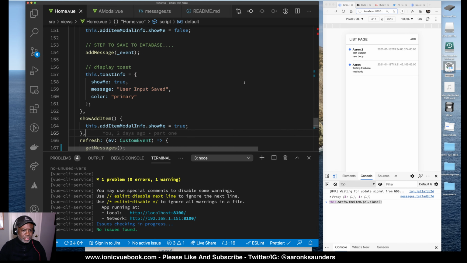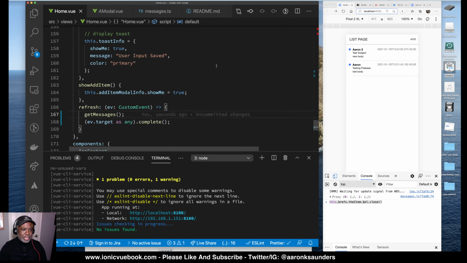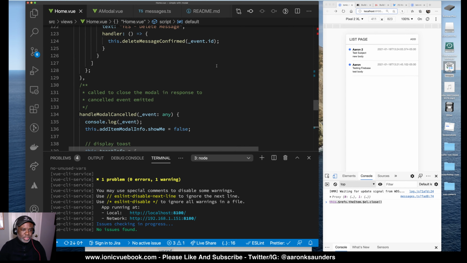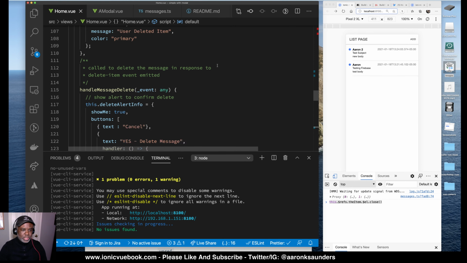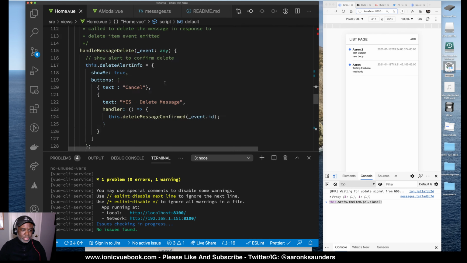Why is it not loading my data at startup? Oh well, let's refresh this. First off, you can see that the pull to refresh is working. It pulled the data. But what we want is for this to load the data at startup. So what we're also going to do is come in and use one of the